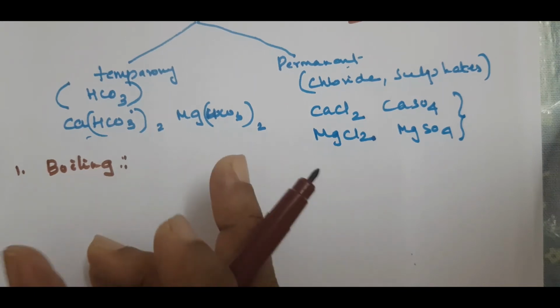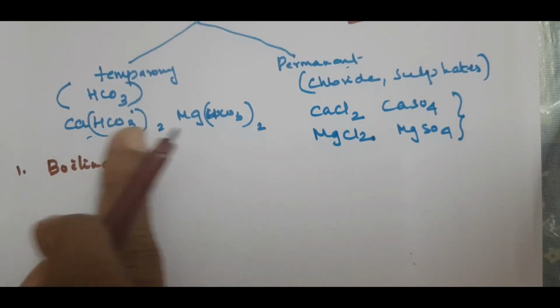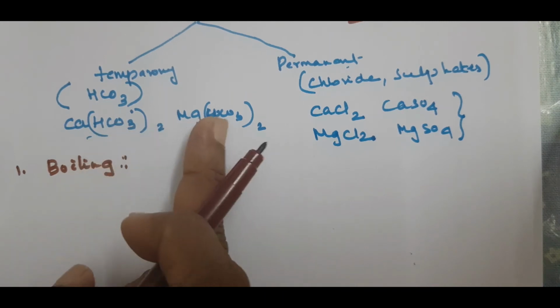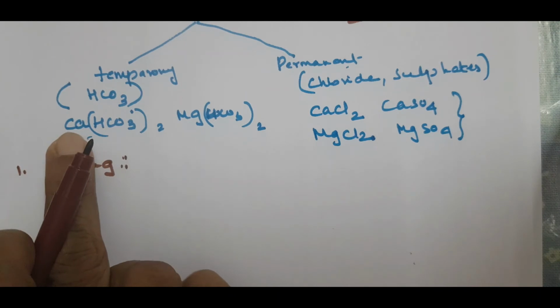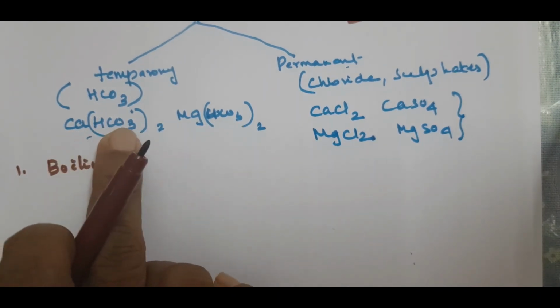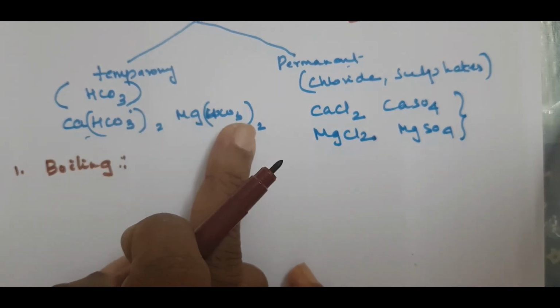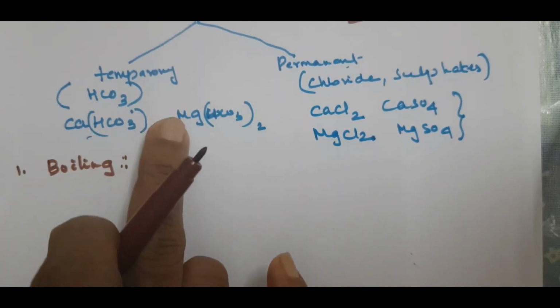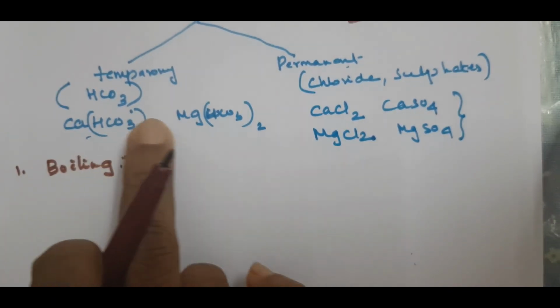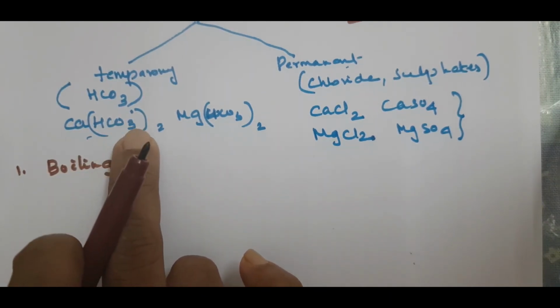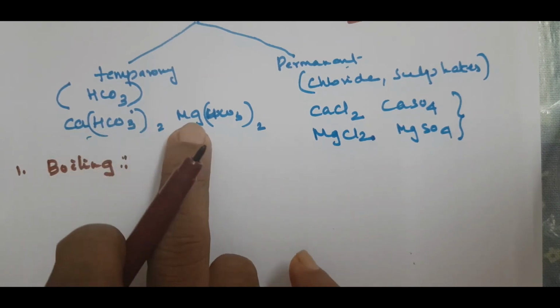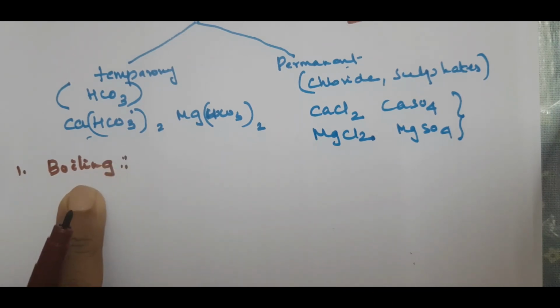You know, the hard water contains this soluble bicarbonate, isn't it? This contains soluble bicarbonate, because this is the reason for the temporary hardness of that water. So it definitely contains the calcium bicarbonate, or it can be a magnesium bicarbonate. So this is soluble. Now we want to get it precipitated, or we have to remove this calcium and magnesium from this water, so that this hardness will go and softness will come. So our agenda is to remove this calcium and magnesium. That is by boiling. The first method is by boiling.